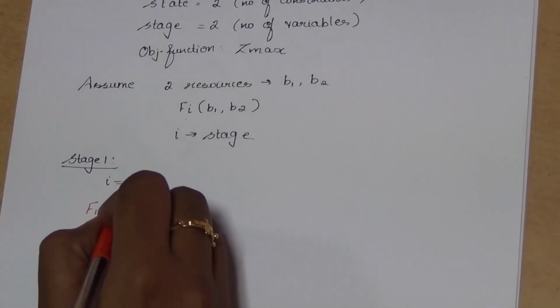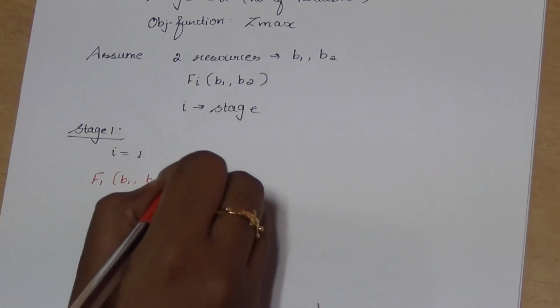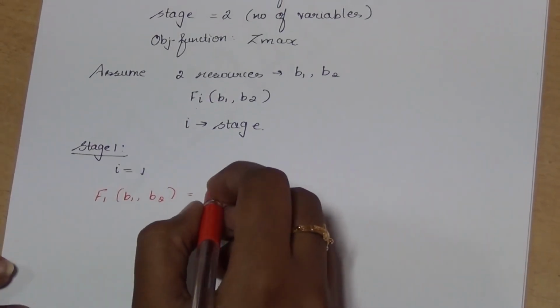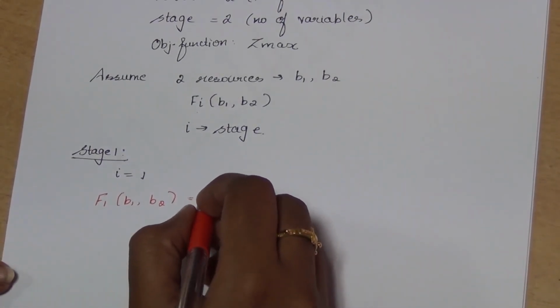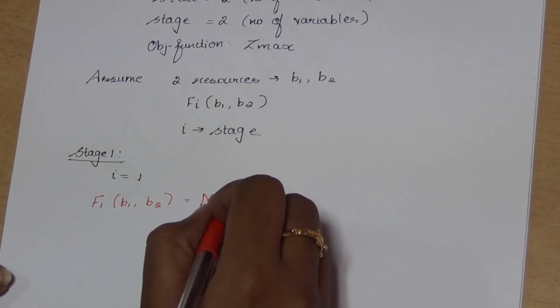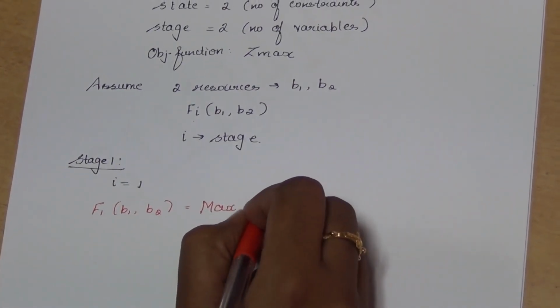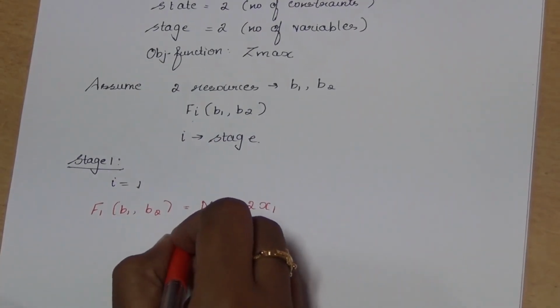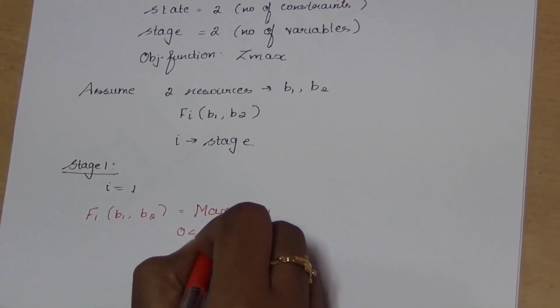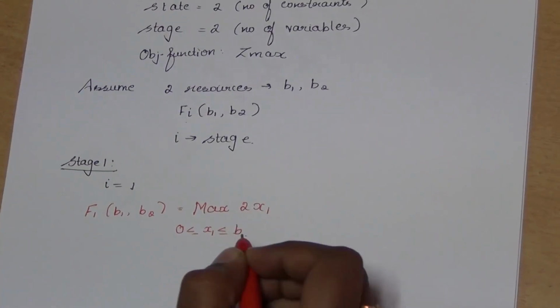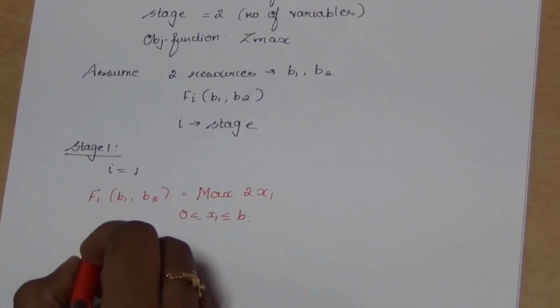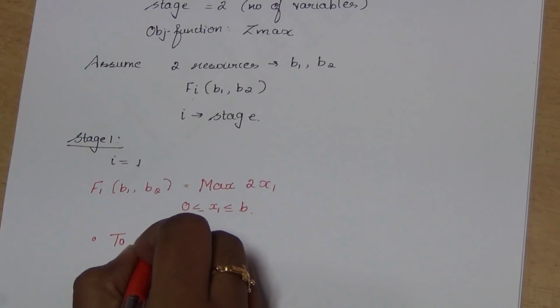f1 of b1, b2 is equal to, from the objective function we'll be framing the function. So it is the maximum of, since it is the first stage, we'll use only the first variable, 2x1, whose limits vary between 0 less than or equal to x1 less than or equal to b. So in this first step, we have to calculate the value of b. To calculate b,